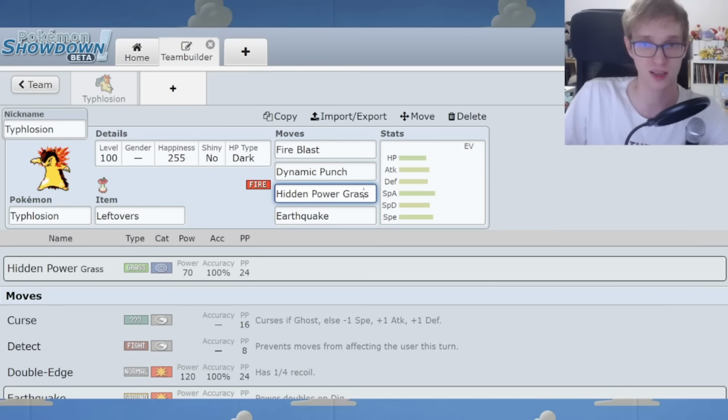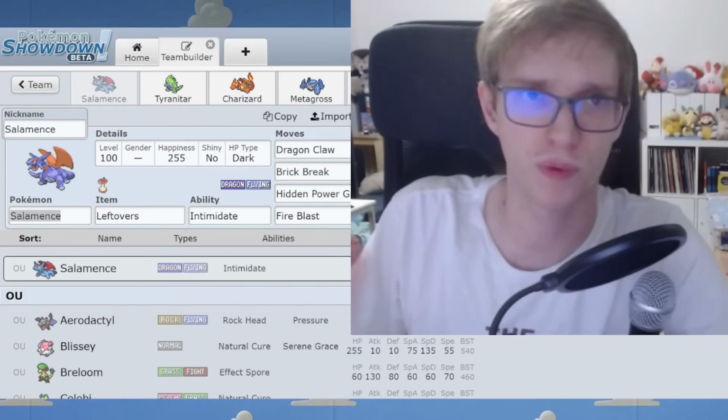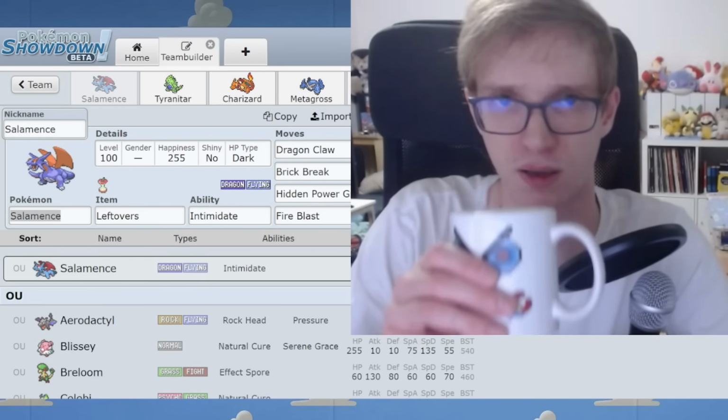Yeah, Fire Grass Fighting is a really good combo that hits a lot of stuff, and Earthquake is cool coverage too. That can help you hit Raikou or Tyranitar if you don't want to risk Dynamic Punch missing or other such rock types. Before we move on to the Gen 3 section first, let me take a quick drink of